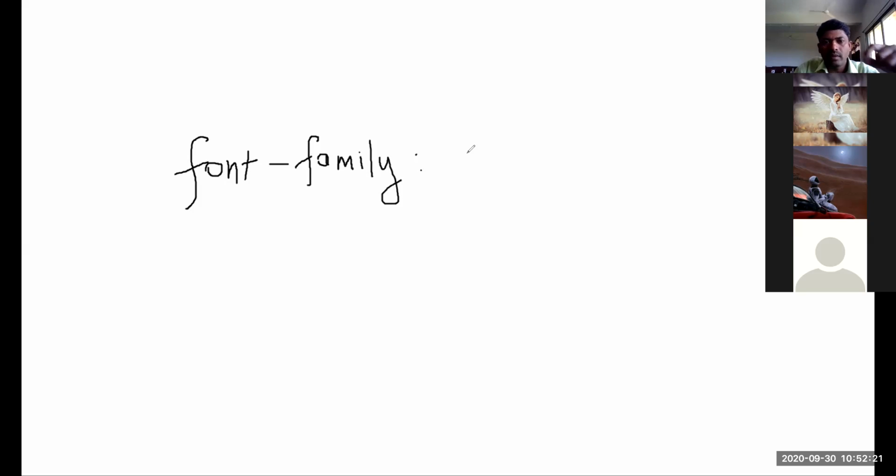This font hyphen family should all be in small letters. Remember, in CSS, HTML, PHP, code should always be small, all tags and properties. Then colon. Can you give this, what, Calibri.